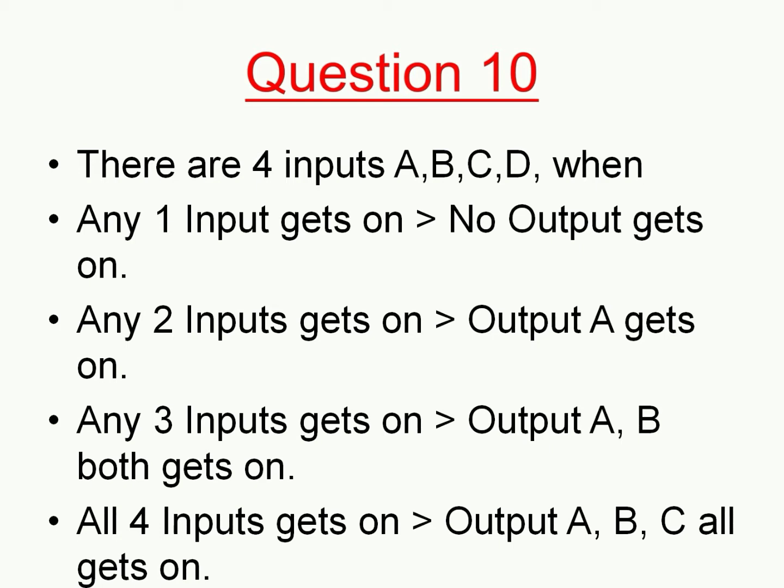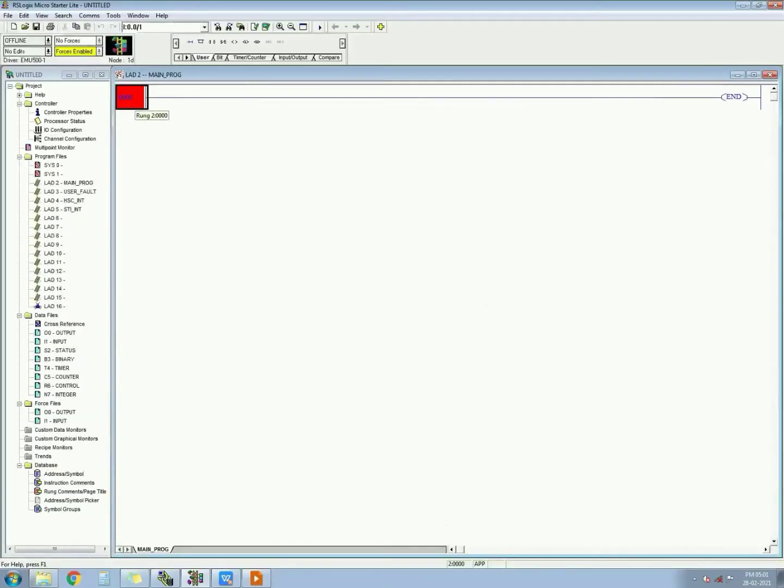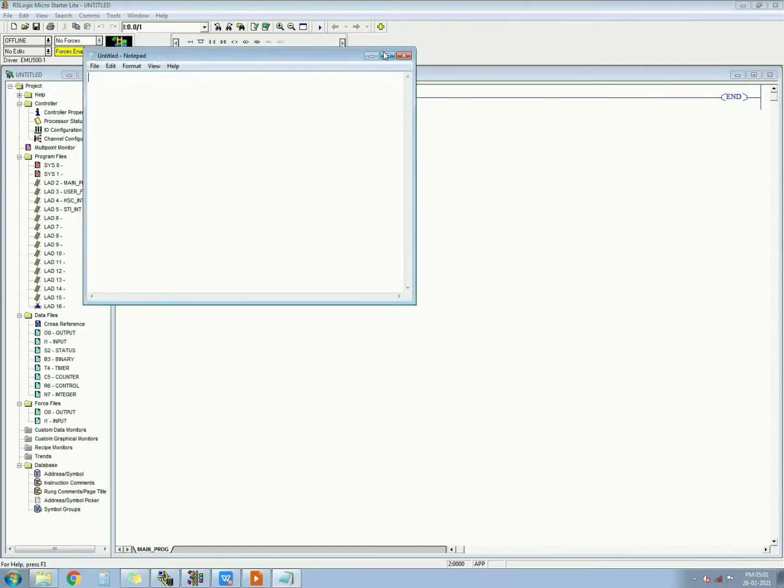So let's start with the solution. First of all, we have to make the pairs for any 2 inputs. Which 2 inputs will get on so that output A gets on? To make a pair, let's go to notepad. I will show you.